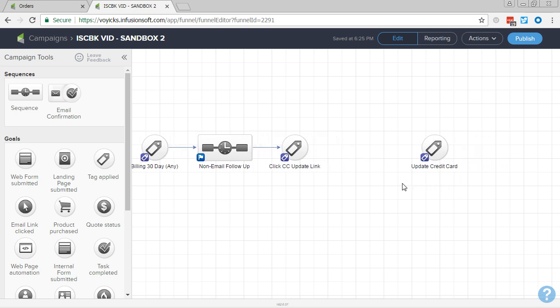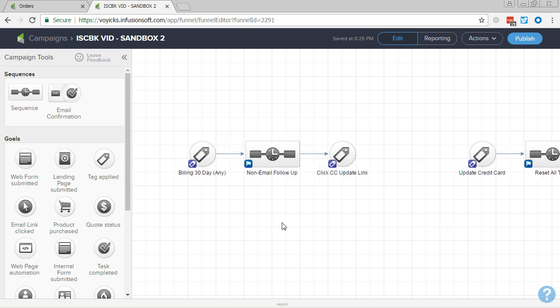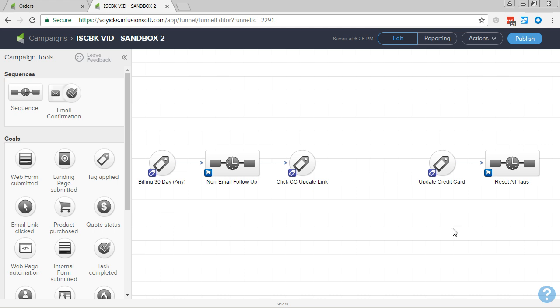If they choose to update their credit card, we want to make sure that we're resetting all tags. So any of these payment or expiration tags or whatever, we'd want to make sure that we're resetting them at the very end if someone updates their credit card, and that way it ensures the whole process can repeat. And then in between here, we can have some highly targeted automation, and we can do something like,